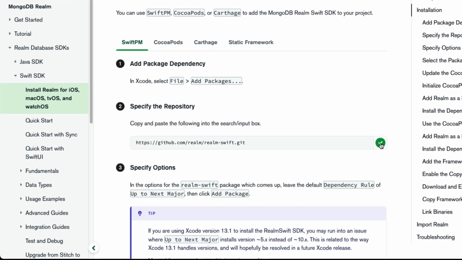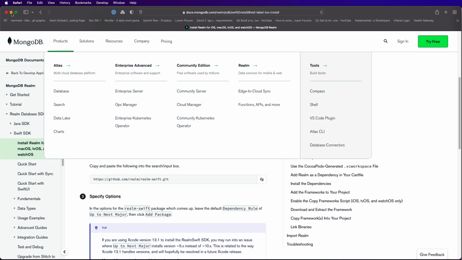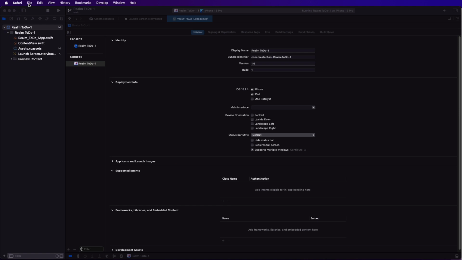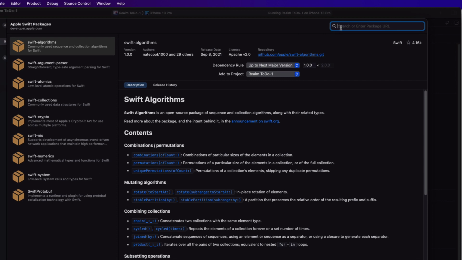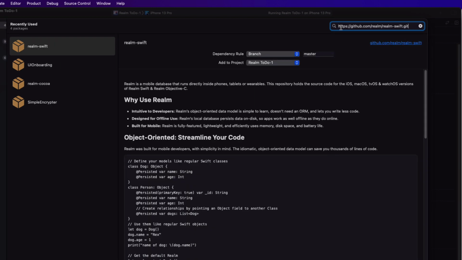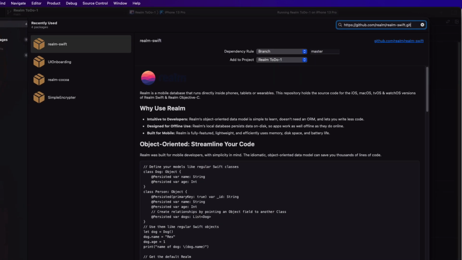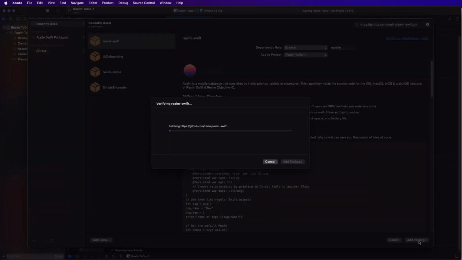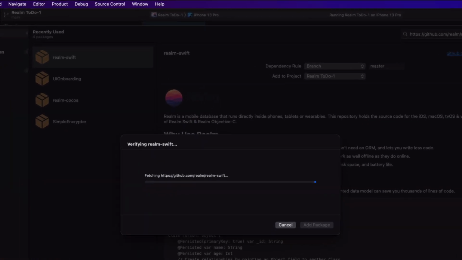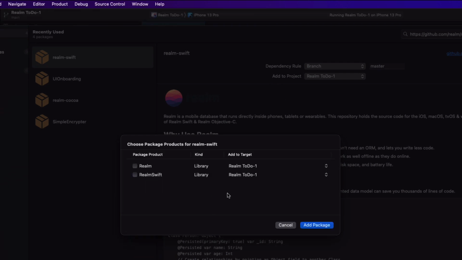So all I need to do is to copy this SDK URL from here, and then I can return to my project, and then from the File menu I can choose Add Package and paste in the URL. I can click on the Add Package and wait for the package to download. Now, this may take a while, so just be patient. Eventually, once it's been fetched, you'll see this screen where you can select both Realm and Realm Swift, and then